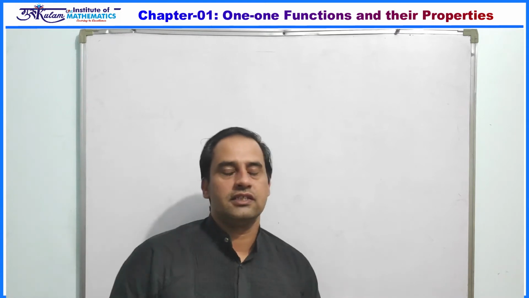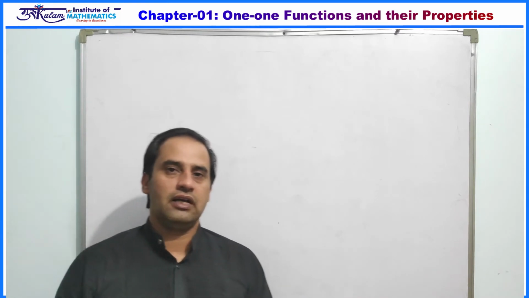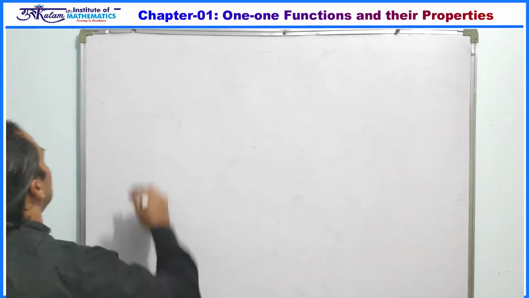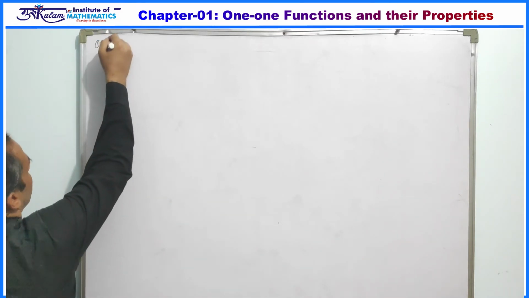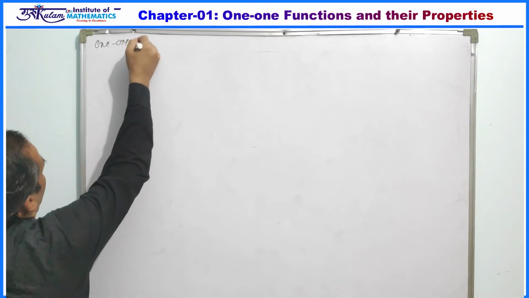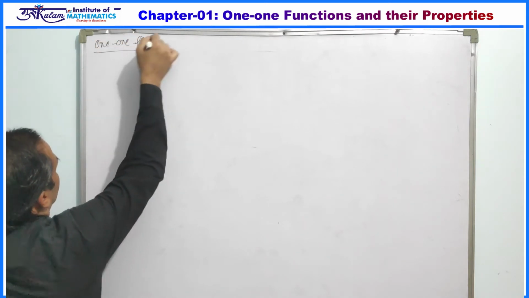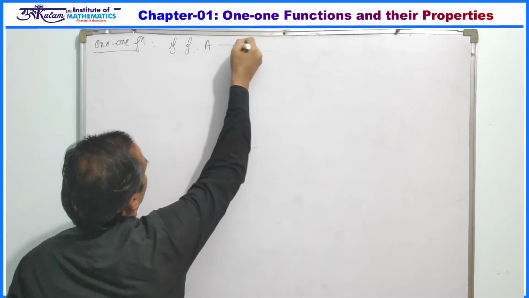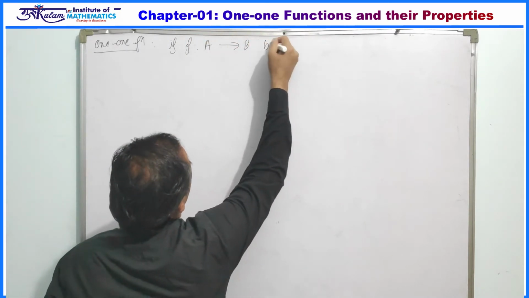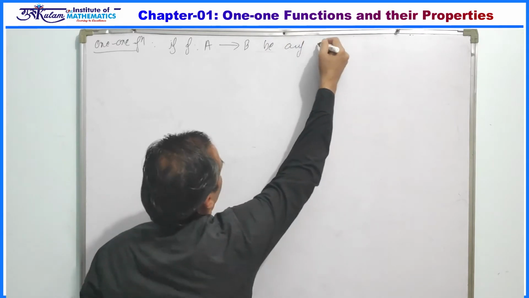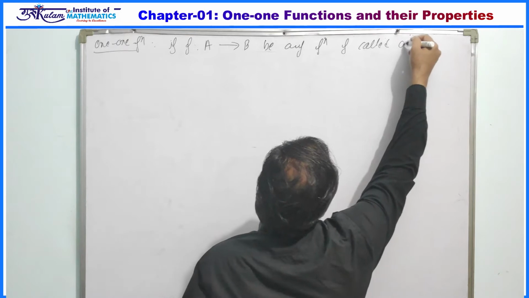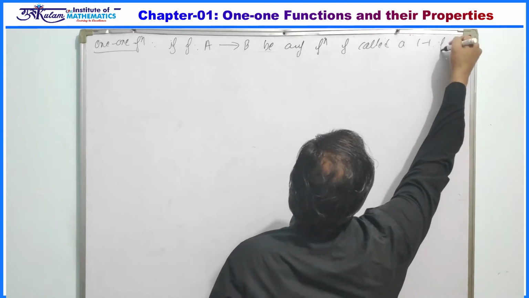And next we will discuss the definition of a one-one function and onto function and the properties of one-one and onto functions. So what is a one-one function or injective function? If f is a function from a set A to B, be any function, then f is called a one-one function or injective function